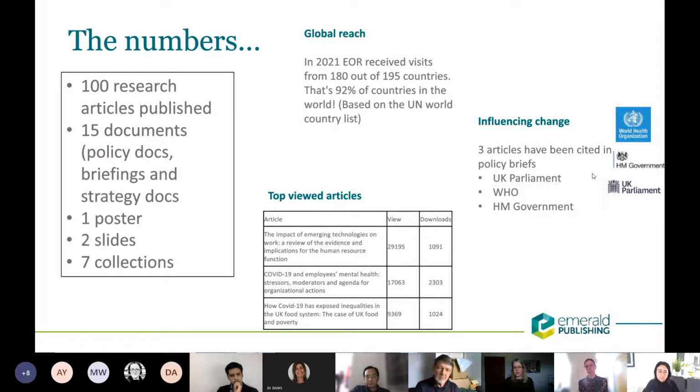We've seen a really good amount of engagement in terms of the usage, being open access. There's no barriers to that, so that's fantastic. Obviously, every article has the data associated with it, and we are able to track that the articles are starting to be cited within policy briefs. So we've got the UK Parliament, WHO, and government documents as well. This is fantastic news for us in terms of that aim of making sure that the research we're publishing is having a real world impact. I'm sure we've got some good examples of that coming up from my colleagues. On the next slide,